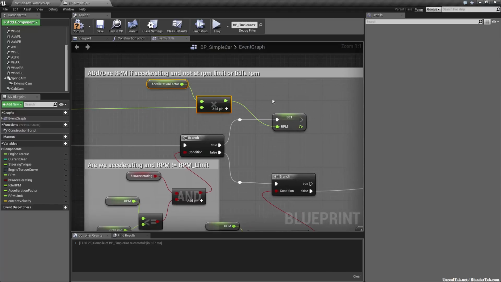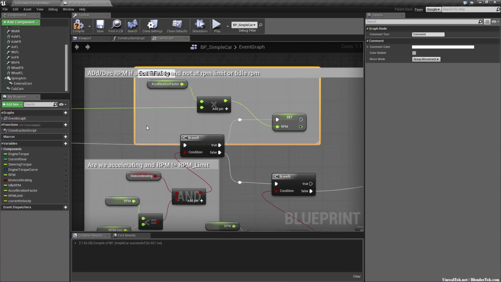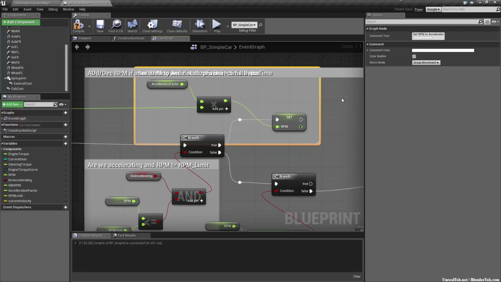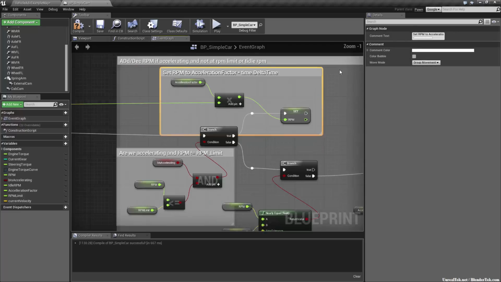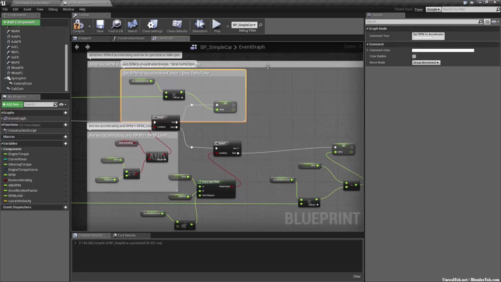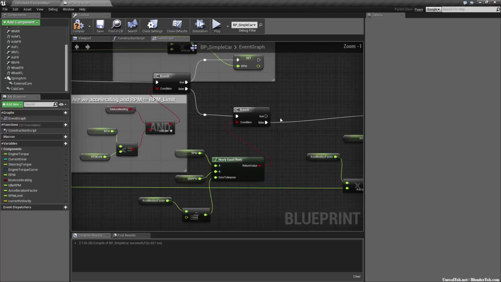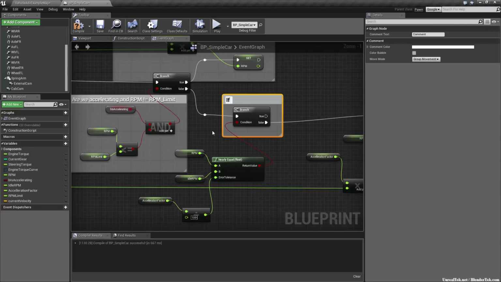Whoops, Control Z. Set RPM to acceleration factor, I can't see, times time dot delta time. Yeah, let's go like that. Then we're gonna go if false. So if either we're not accelerating, actually I'm gonna put this in this branch. So if de-accelerating or at RPM limit,